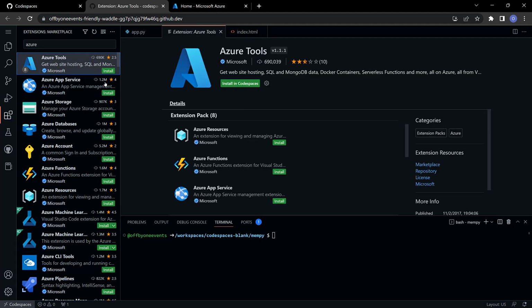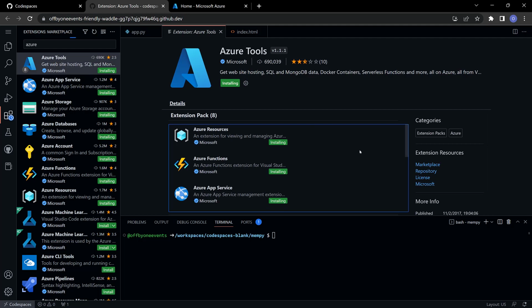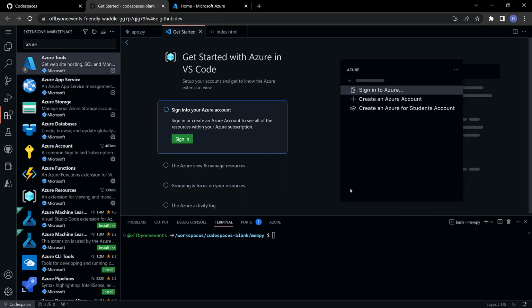And here's the Azure Tools extension pack, which includes 8 different extensions. I'm going to go ahead and install all of them because we're going to need a couple of them for this demo. The first one that we're going to be using here is for Azure App Service. Now, Azure App Service is a platform as a service offering which will serve our web application, serve our Flask application, and that's already